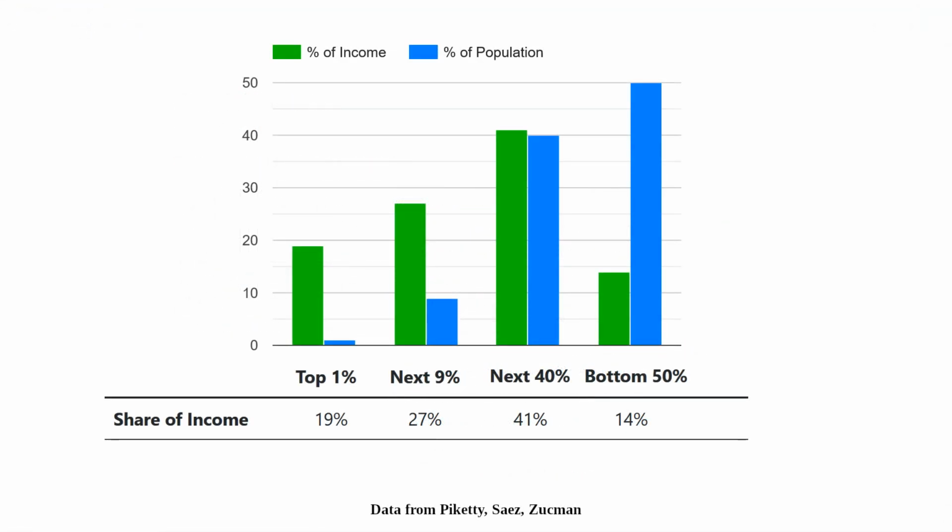There are a few observations we can make from this data. First, the top 10% make more than the entire middle class. That is, those who are in the next 40% group. Also, the top 10% make about half of all income. Or in other words, they make about as much as the entire bottom 90%. To be in the top 10%, a person has to make somewhere around $150,000 a year or more.